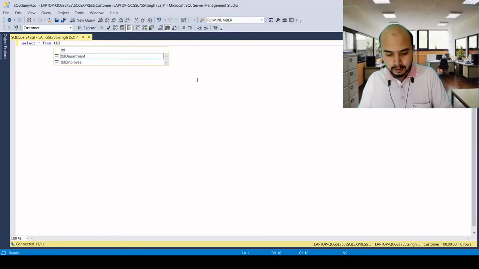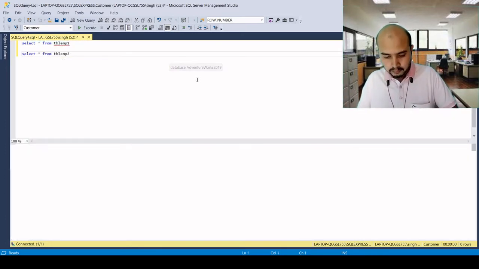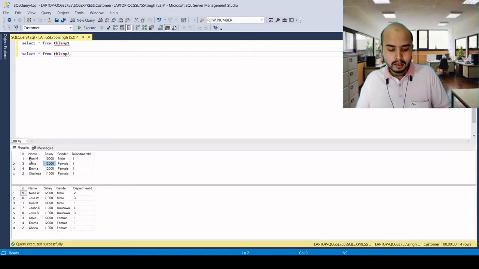Here we have a table TBL EMP1 and the second table is TBL EMP2. We have ID, name, salary, gender, and department ID columns, and in the next table we have these same 5 columns.